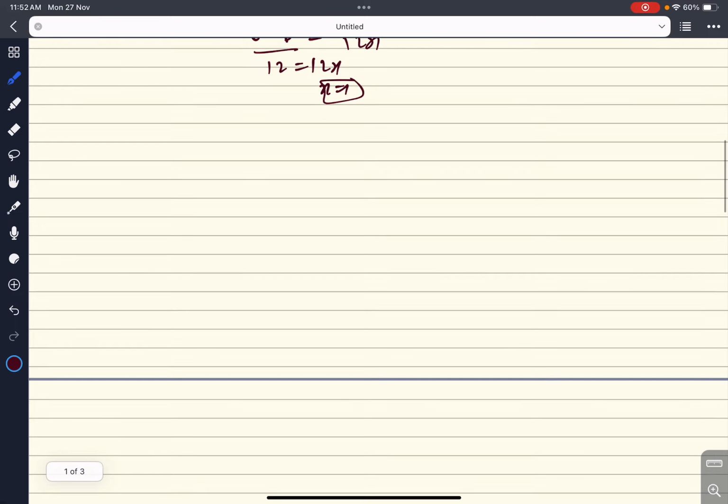As simple as that. Question number 3. It was given that for a polygon, the interior angle minus the exterior angle is 120. We have to find the number of diagonals. Very good question of geometry this was. So let us start.